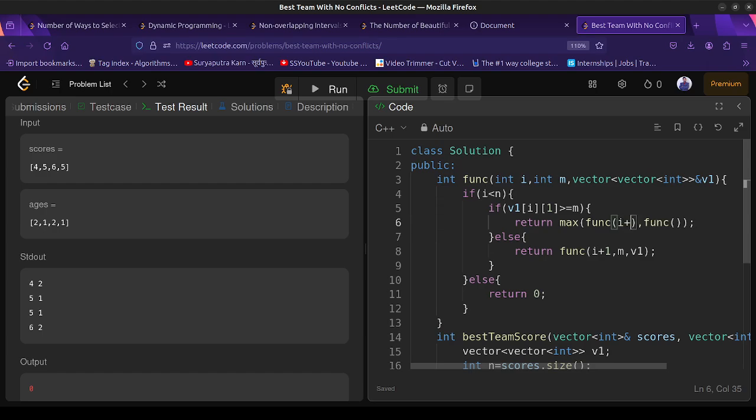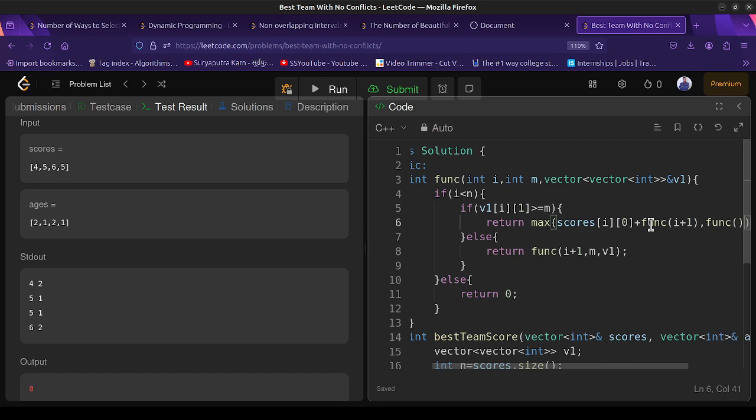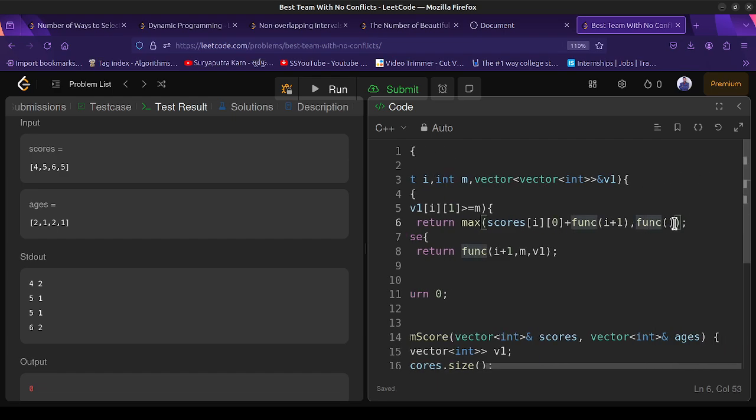So if I take the player, then what will the score be? Basically the score will be scores of I and 0 element plus. Okay, and if I don't take, then the score will be 0 only. So I will call the next index by making